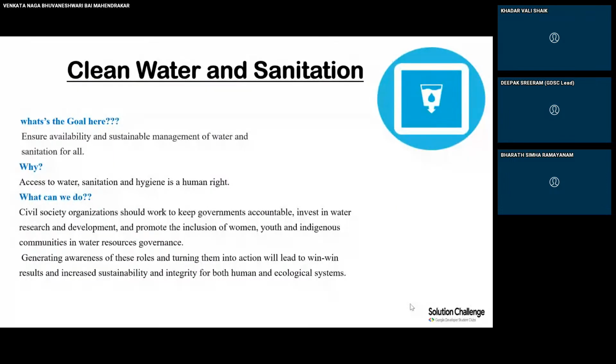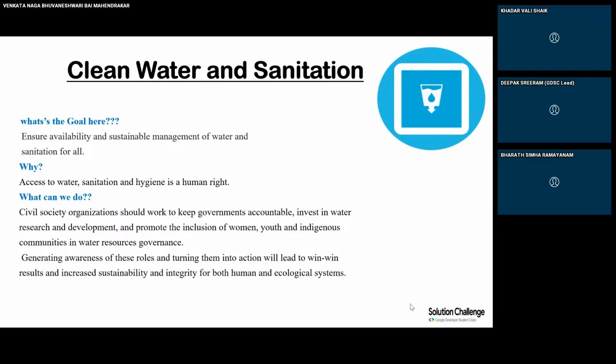Yeah, it is about clean water and sanitation. So we all know, in the COVID-19 period, we were very health conscious. So the United Nations has this as a problem statement, where they need to solve the problem of people not having access to clean water, and not having awareness of sanitation. So the main goal here is to ensure availability and sustainable management of water and sanitation for